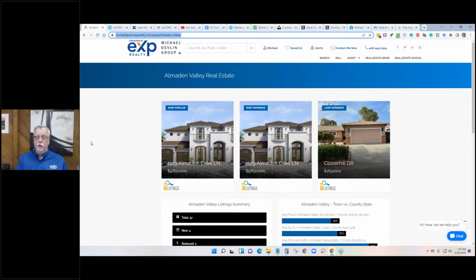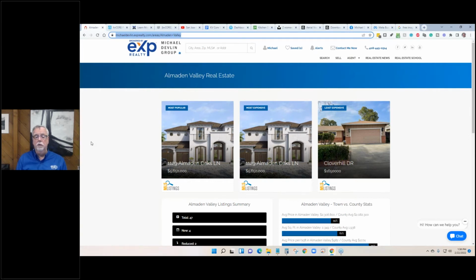I'm also going to show you how to create a bunch of custom pages, including custom market reports, different from this, that can be done by MLS area, by city, or by zip code, and how to add them to your navigation, and then how to use those links